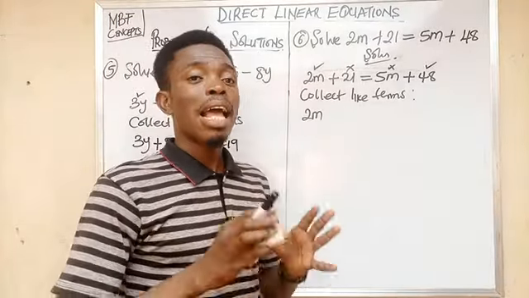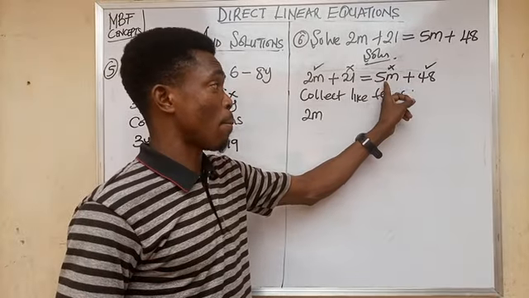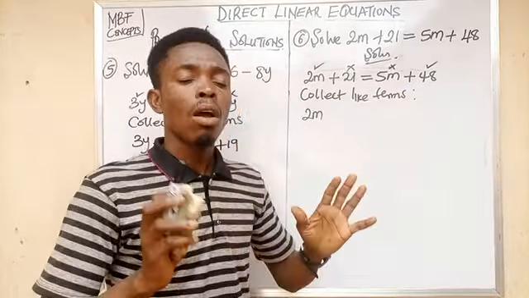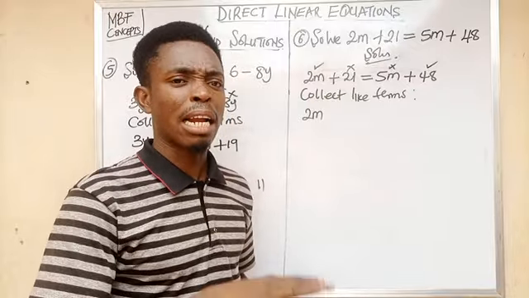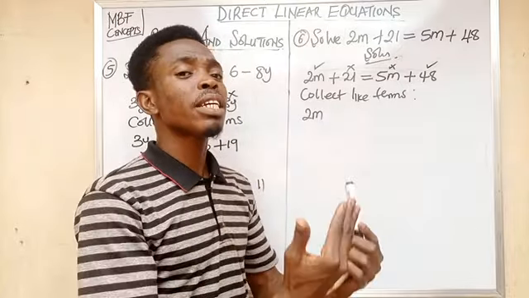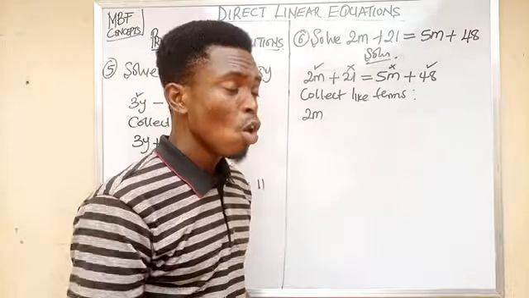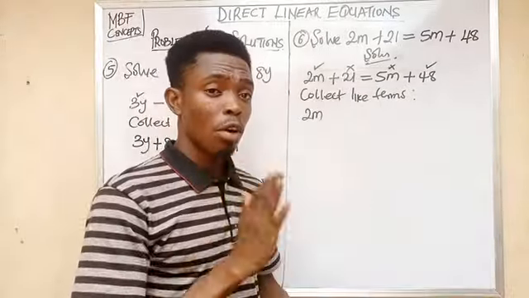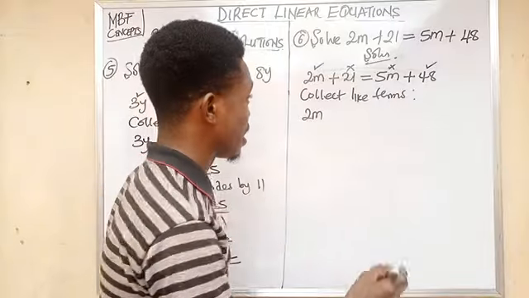So we are going to put down 2m, which is already at the left hand side. Now we are going to move 5m. Yes, guys, we are going to move 5m from the right hand side to the left hand side. And 5m there is plus 5m, guys. When you take plus 5m from the right hand side to the left hand side, rule number 2 must be obeyed. Therefore, we are going to have